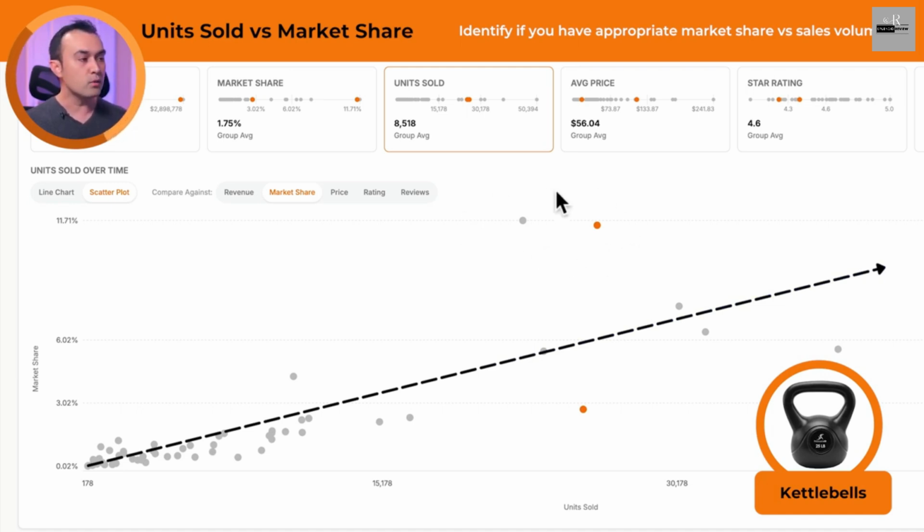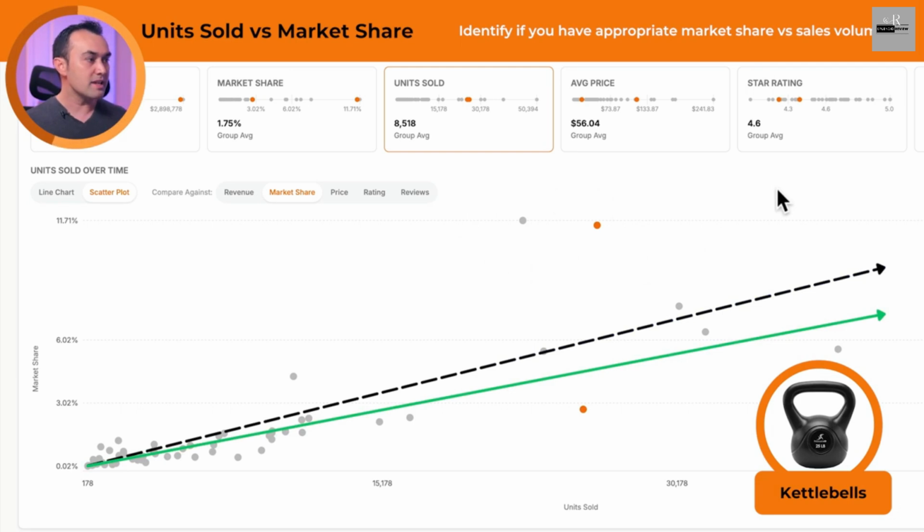the graph. But even if we exclude that one and just look at the main cluster of products here, we'll see that our pin product still falls below the trend line. They should probably have around 5% of market share for their sales volume. This tells me that they might want to revisit